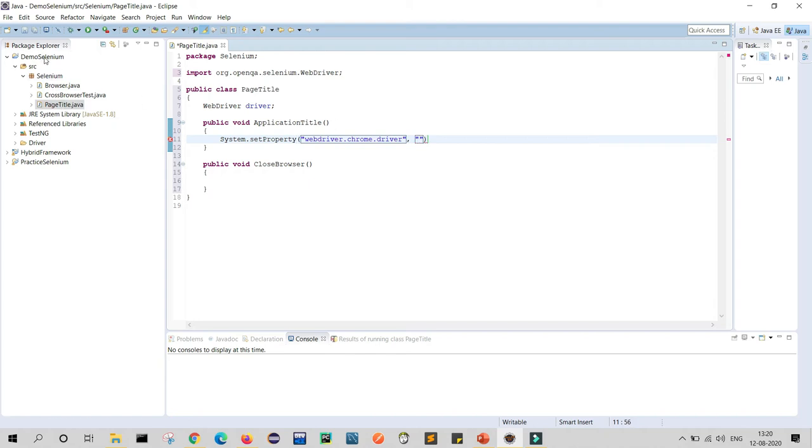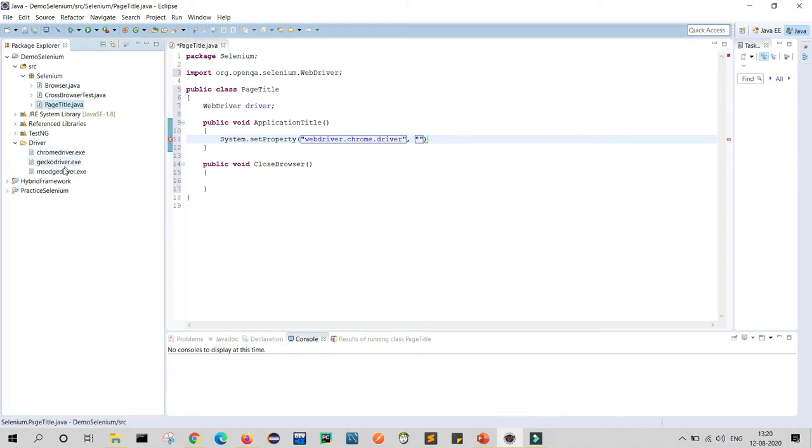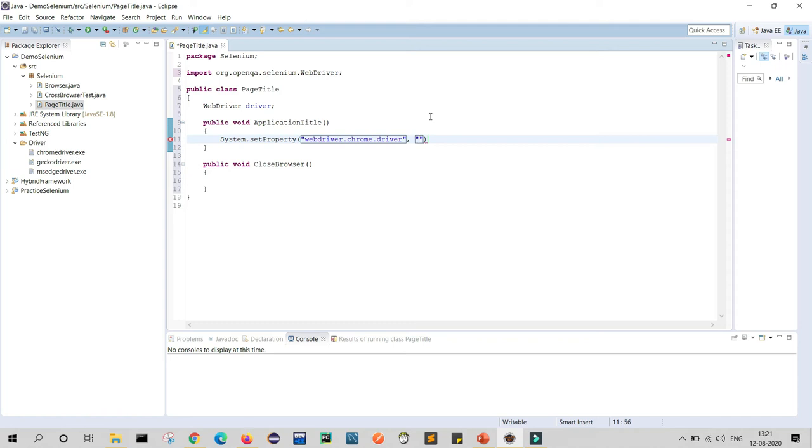As you know, in the project I have created one folder, and inside the folder I have placed my drivers in my second video. So you can watch the second video first to learn how to create the folder in the project. I have already created my folder in the project, so I just provide my driver path.